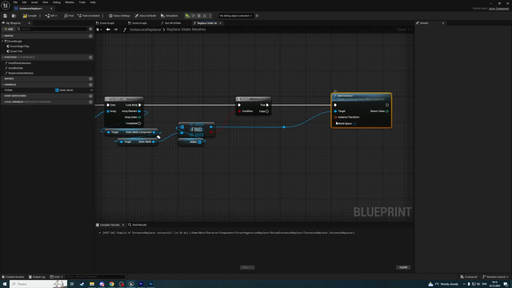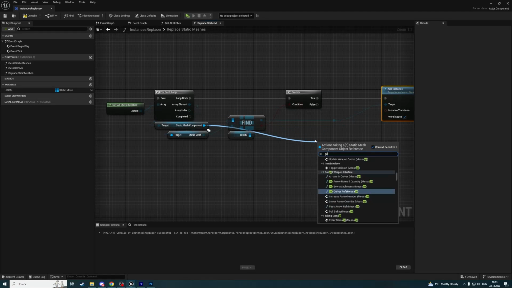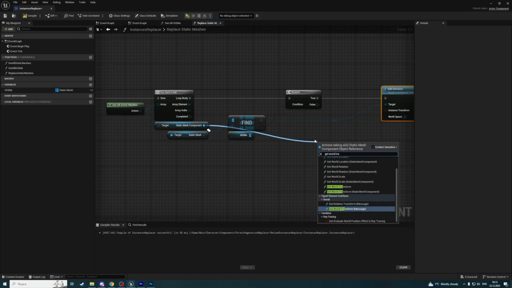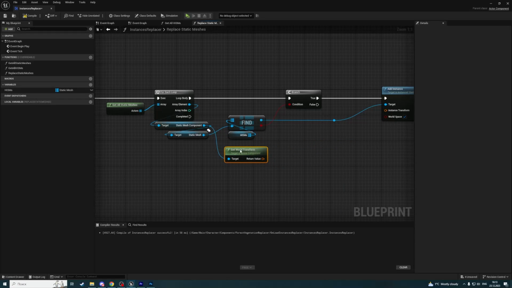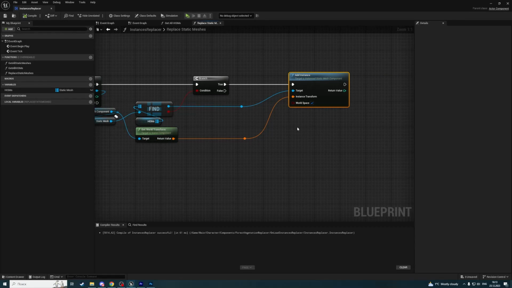And an instance transform is the same transform as an actor has, or a static mesh component of this actor has. So let's get world transform for this component, because a component may have not 0, 0, 0 location and rotation and scale, if you changed it, for example, like this. And on false,